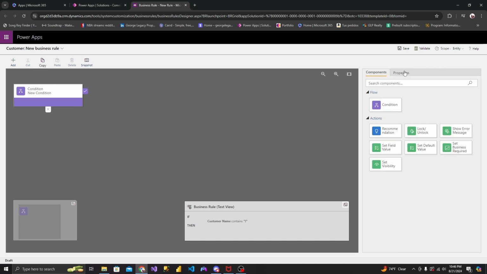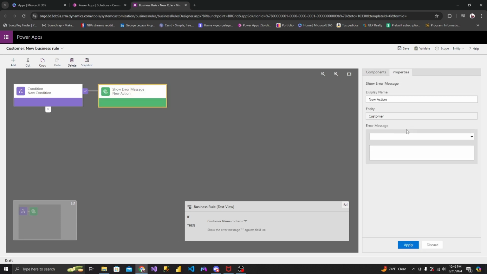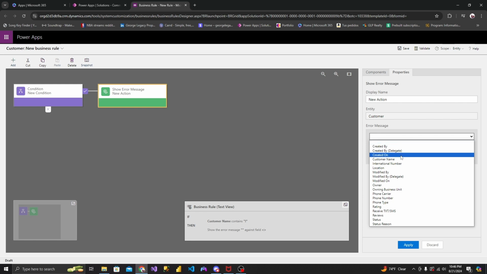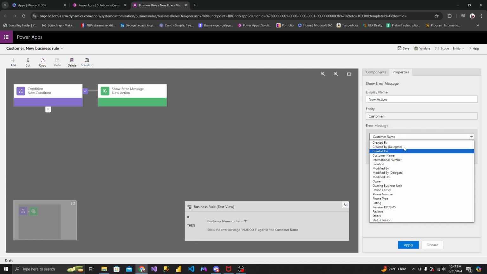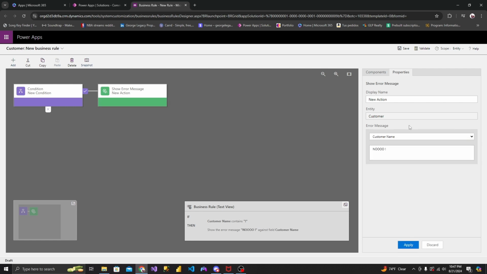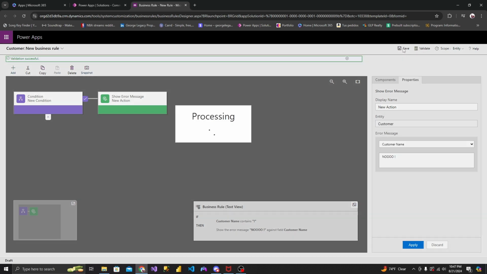We come over to components and drag over show error message. All right, so what do we want our error message to say? On the customer name, we want to say no exclamation point, just something super simple. If you want, you can pick another field to say your error message on. You can kind of play around with it. And so we're just going to hit save